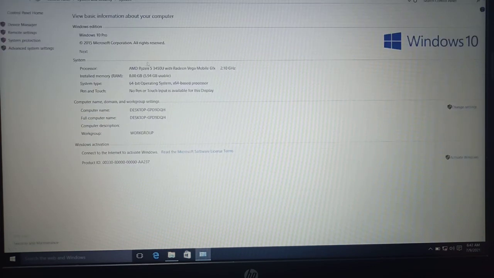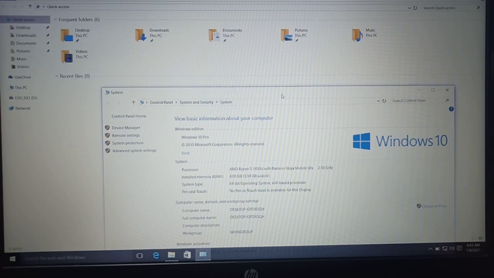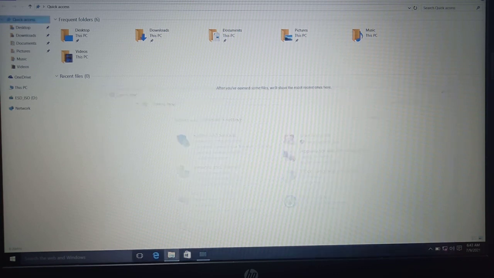Here you are seeing we have installed Windows 10 Pro. So here this is the product key. So this is how we can install Windows 10. So these are the basic steps you need to follow for installing Windows 10.